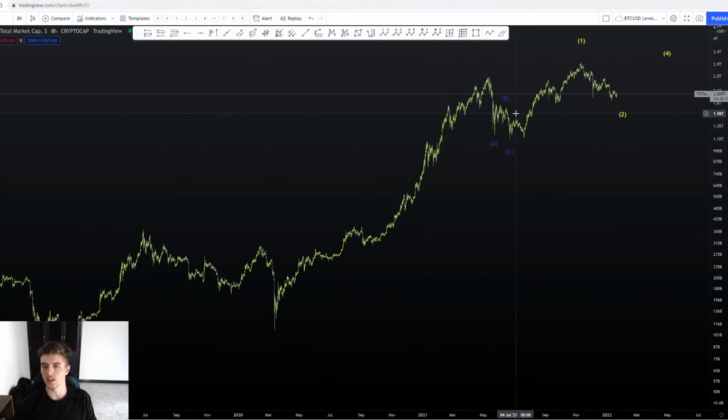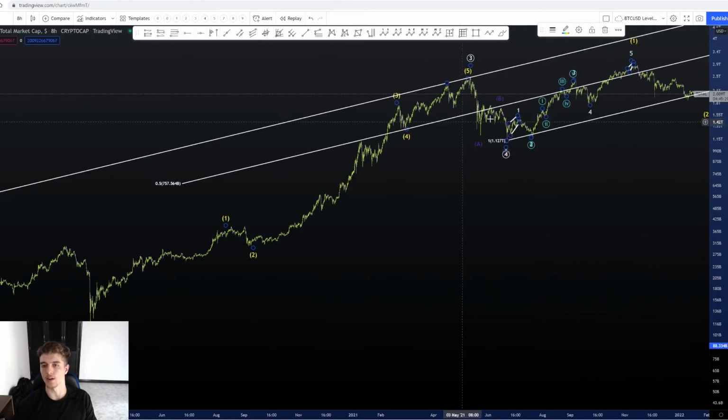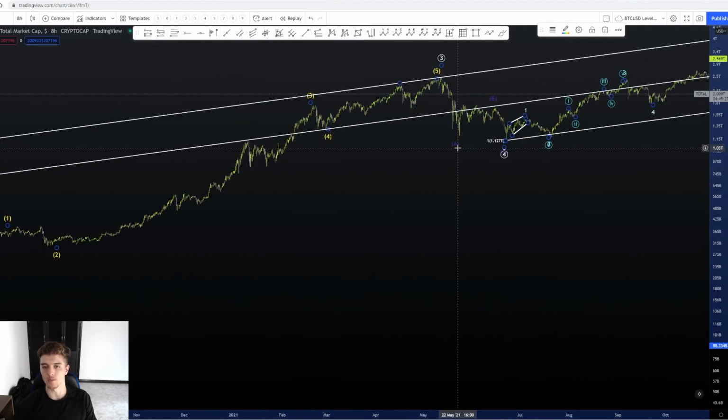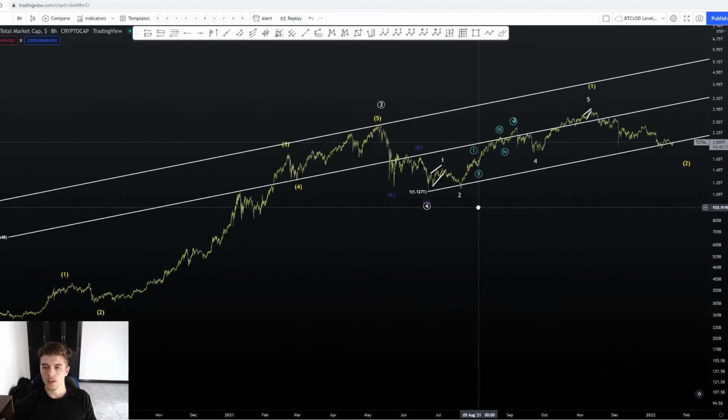And this correction right here would have been the same, except we're calling this the end of a wave 4 for this count right here. So instead of being a minor wave and this being an A, B, C zigzag of minor wave, this is all an A, B, C of intermediate degrees. Excuse me. So this would be the completion of a wave 4 here, which starts this primary wave 5,